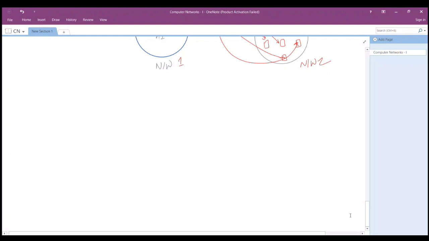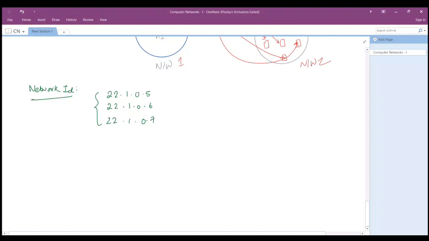So we understood the use of limited and directed broadcast and unicast as well. But before going there, we'll talk about the network ID. We know that there's a network in which there are a lot of hosts, and all hosts have certain IDs, IP addresses. So let's say we have 22.1.0.5, then 22.1.0.6, 22.1.0.7. You see, these are all IP addresses.